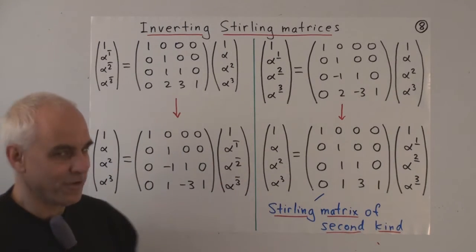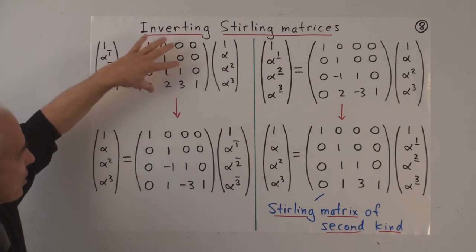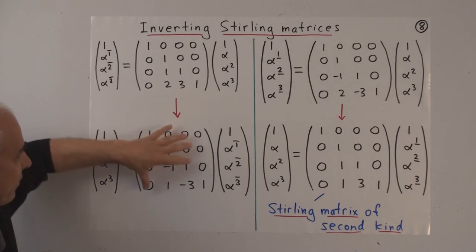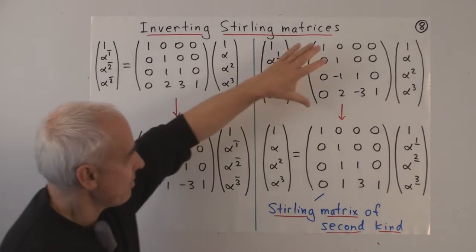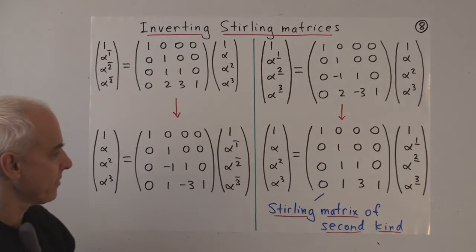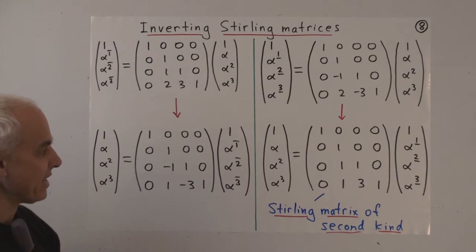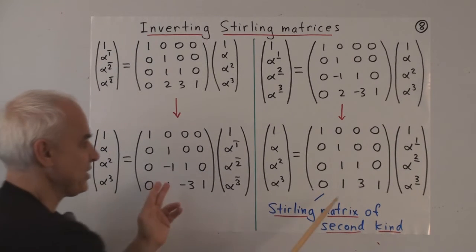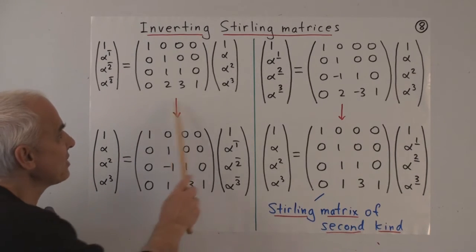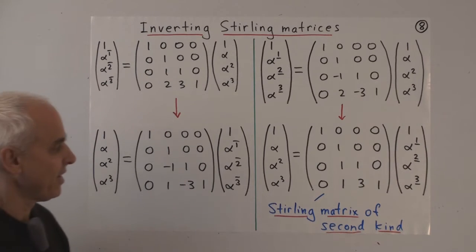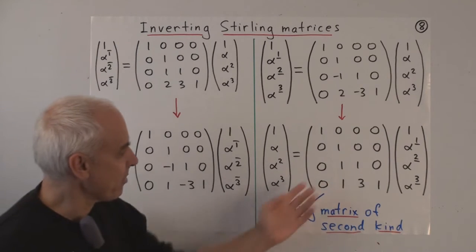So it's important to look at all of these four matrices, I think. So here are the Stirling numbers of the first kind encoded in a matrix. There's the inverse of it. Here's another matrix that we haven't looked at that much, and its inverse is this. These two are pretty well the same, except for minus signs along suitable diagonals. And these two are also pretty much the same, except for minus signs on suitable diagonals. This matrix has all positive entries. This matrix has all positive entries. So these matrices here are particularly pleasant.